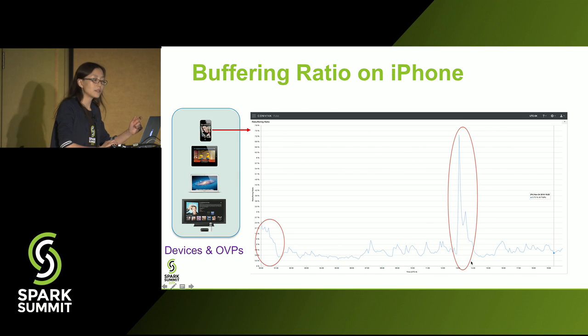This is a very simple scenario because we know there's a single issue. The iPhone has an issue, so you can just debug the player on iPhone and solve the issue. But in more common scenarios, we will see issues happening on multiple entities along the pipeline.